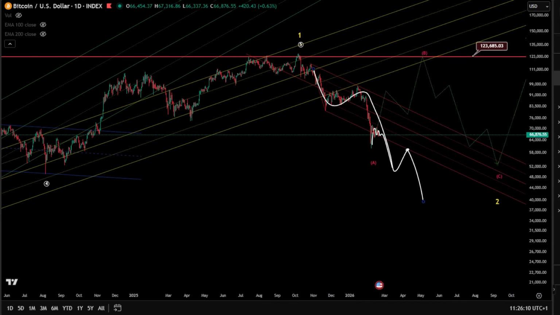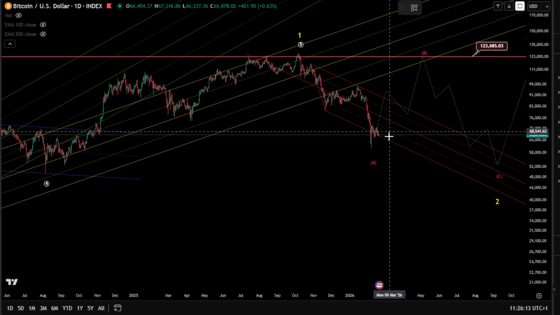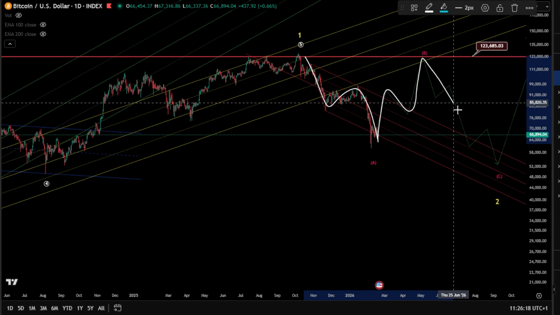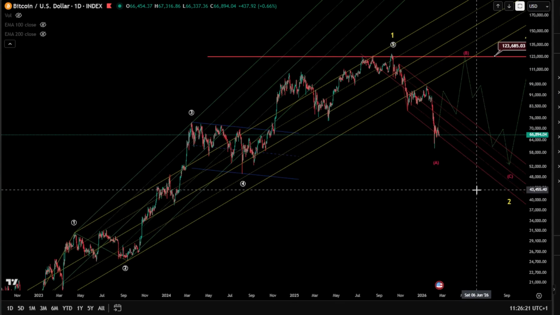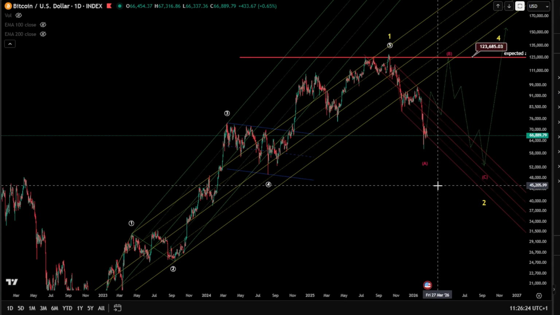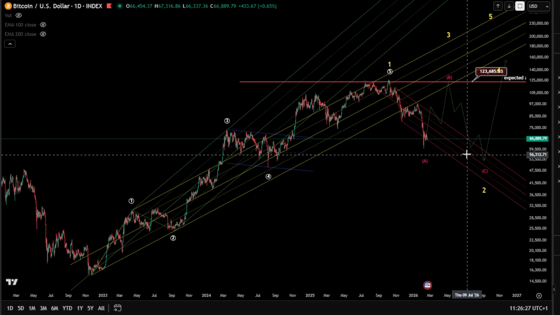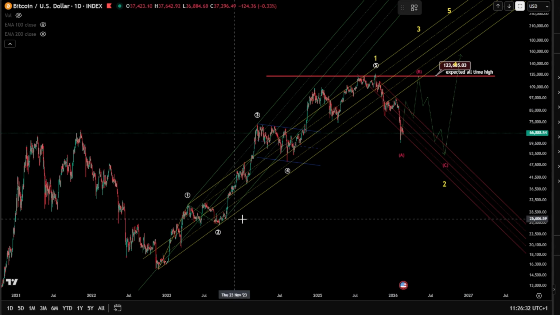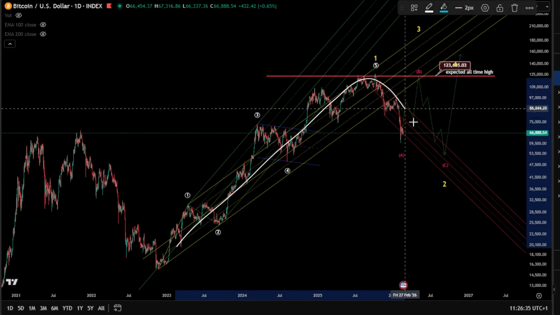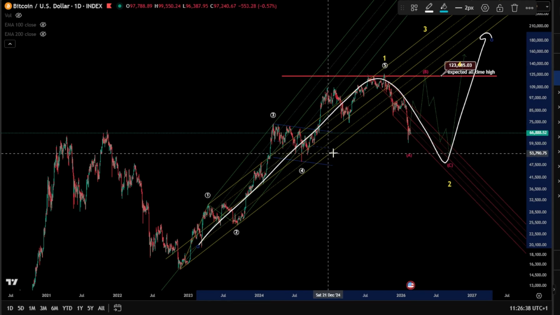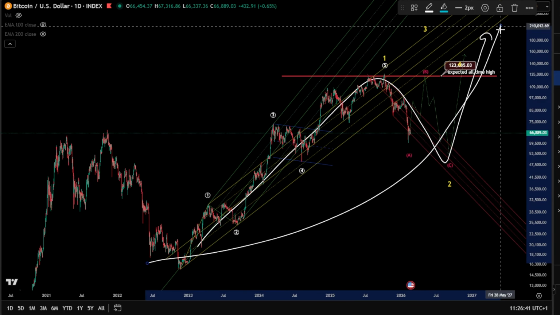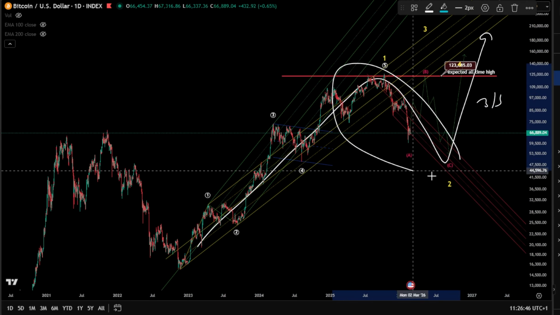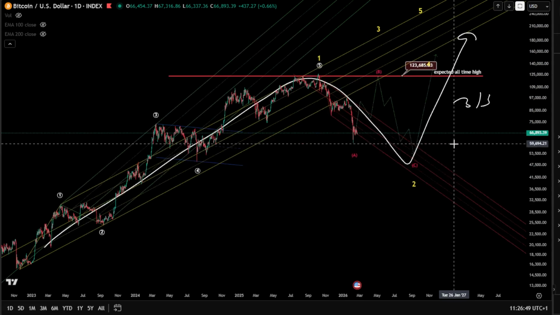By all means, this can, of course, transform into a very deep correction in case we are not in a W, X, and a Y wave, A, B, and a C, of course, toward the downside here, that it might be unfolding a shallow wave 2. And that shallow wave 2 is normally, as per Bitcoin, required when you have a wave 3 over 3, because we are in a 1, 2, and we're looking for a wave 3, and in an all-time history, this is already a major wave 3, therefore you are in a wave 3 over 3 here, which should be, of course, a shallow wave 2, and a very explosive wave 3 after it.